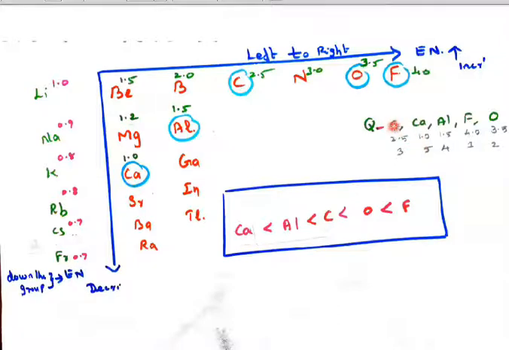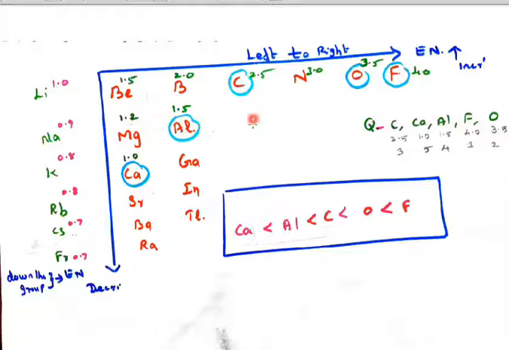So in the question they have given carbon, calcium, aluminium, fluorine and oxygen. I have placed the electronegativity of oxygen as 3.5, fluorine 4.0, aluminium 1.5, calcium 1.0, carbon 2.5. Here the first priority goes to fluorine, second priority to 3.5, third priority to 2.5, fourth priority to 1.5 and fifth priority to 1.0. In the second period, when you go from left to right, 0.3 units are increased. So 0.9, plus 0.3 is 1.2. If you increase by 0.3, 1.5.